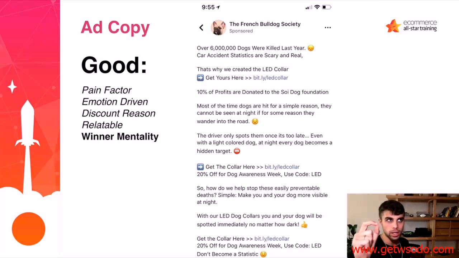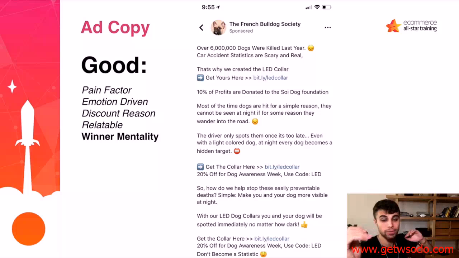Now, it's always important to make sure that in the first 5 lines of your ad copy, you put a link. So what I'm actually saying is that your ad copy can be as long as you want it to be, as long as you have a link in the first 5 lines, then that's good. That's what you want to do, because if somebody was convinced then and there that he wants to go and buy, or wants to go check it out, you want to give them that option. You don't want them to read through 7 paragraphs before they can actually go into the website.